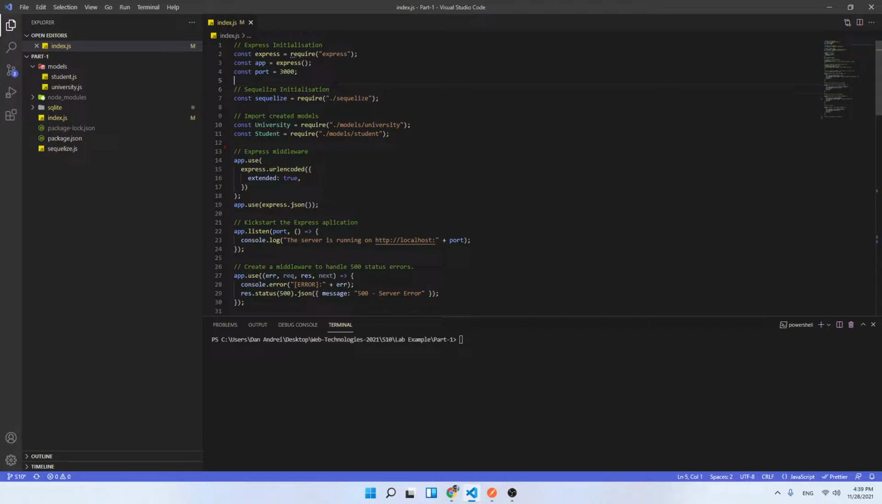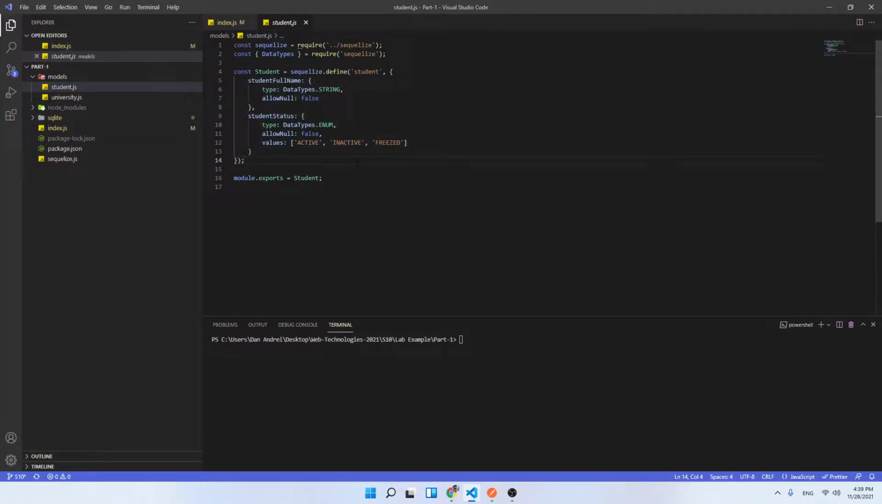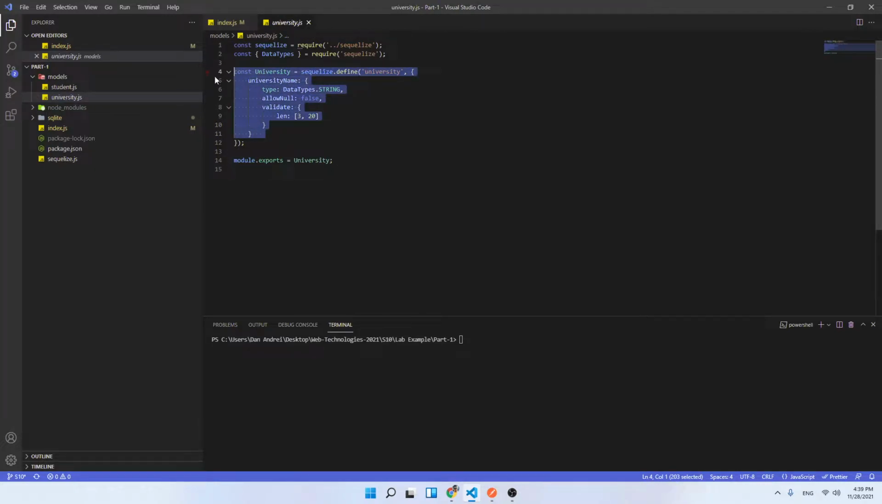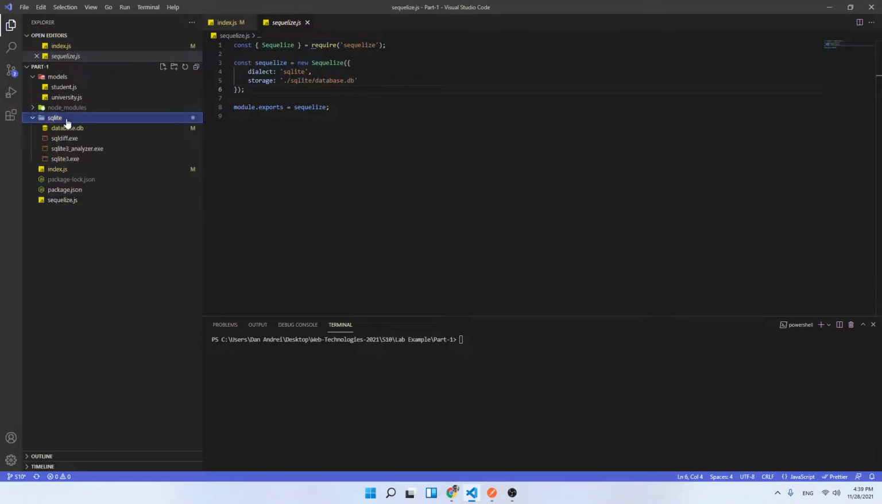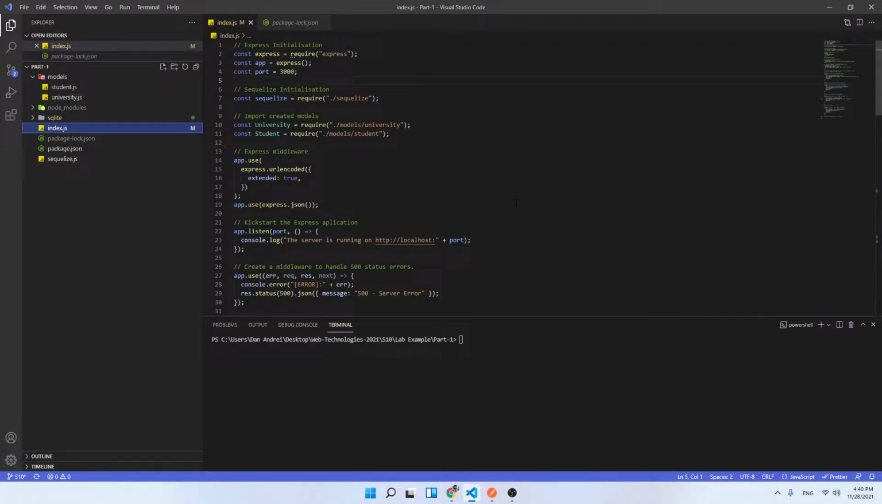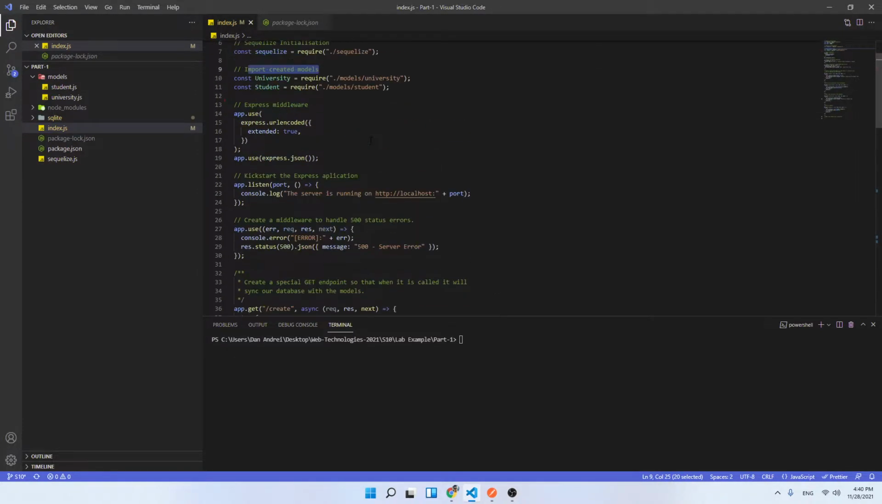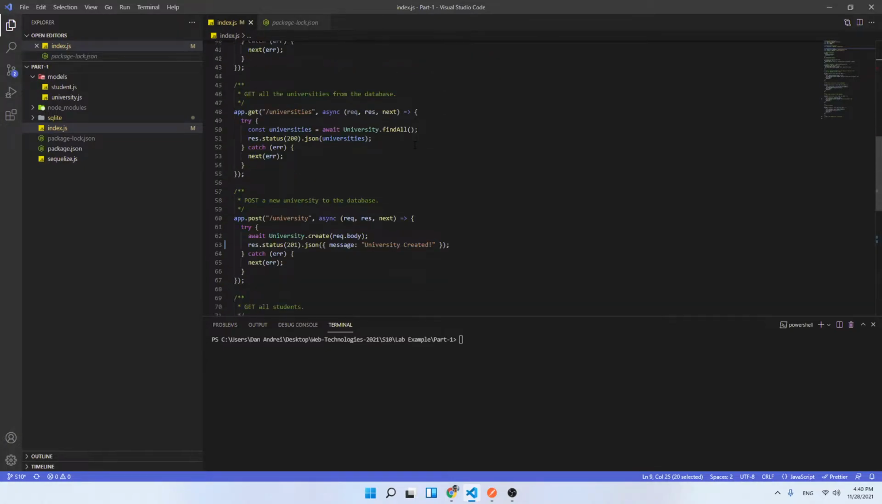This code is already on GitHub. We will walk through it a bit. We have two models. One is a student with a full name and a status, a string and an enumeration, and a university which has only a university name. So the models are pretty simple. We have the Sequelize file where we have our Sequelize initialization, the Sequelize with the database DB, and in the